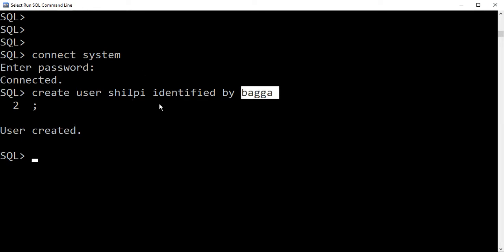Next we have to provide permissions to the user, and the user needs to connect to the system to work with their database space. So let's connect with the new user. For that we connect to Shilpi, because the new username is Shilpi and the password is Bagga.